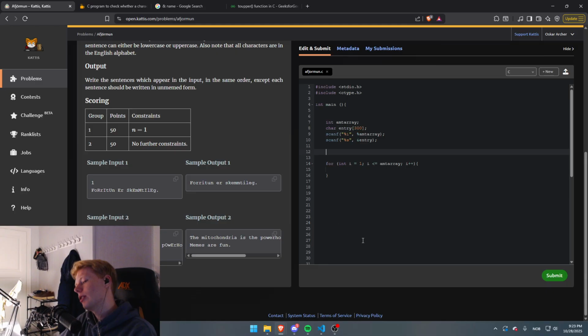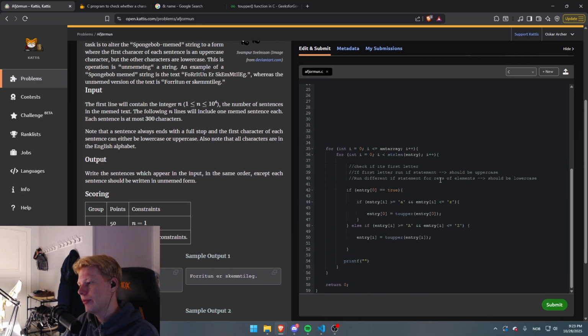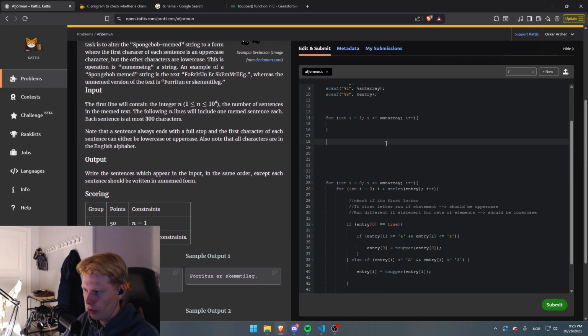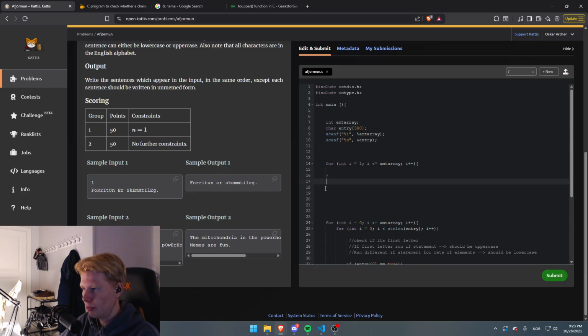But let's just go through what we have so far. Maybe something will pop out. So first, we are defining an initialized int for the amount of